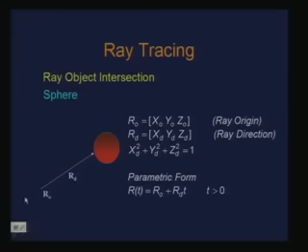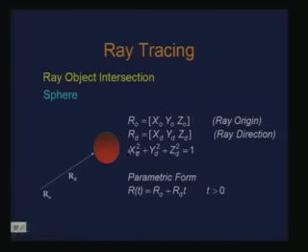So, we are not concerned about the rays which are in the opposite direction. Therefore, only positive t's have to be considered, right. So, for the purpose of simplicity, we may consider the direction of the ray to be normalized. So, we have a unit vector, right. So, this is how we look at the definition of the ray, which is in parametric form.